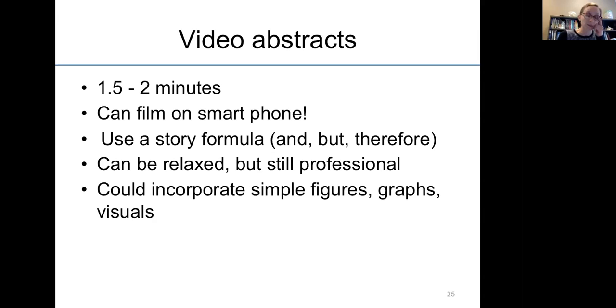So there are services out there, particularly Wiley's Research Square, that hire artists and people to help create visual, graphical, and video abstracts for you, but that does cost money. So I don't think that you need to have a lot of funding to do this sort of thing. I think it's all about your creativity and etching out a little bit of time. And then you've got one other way to try to reach an audience.